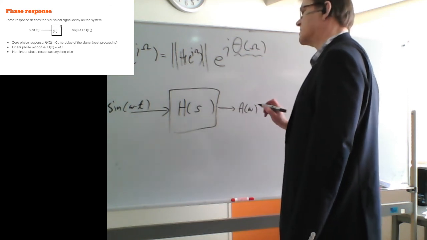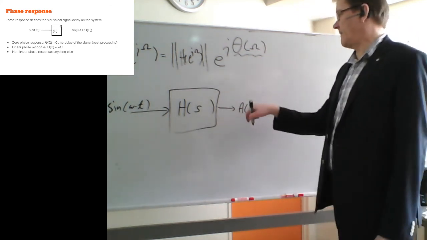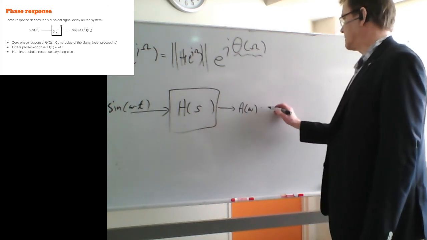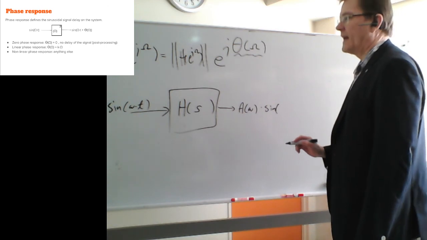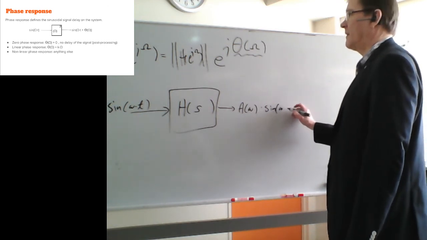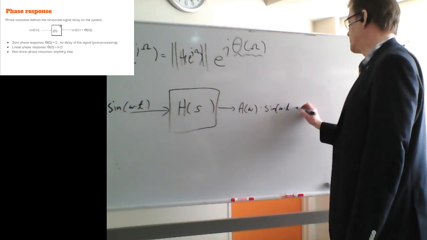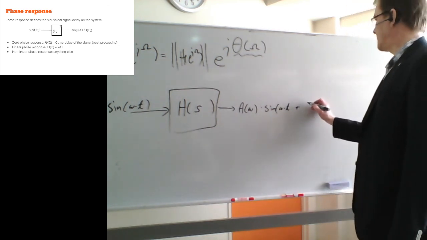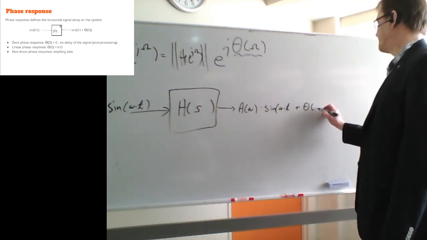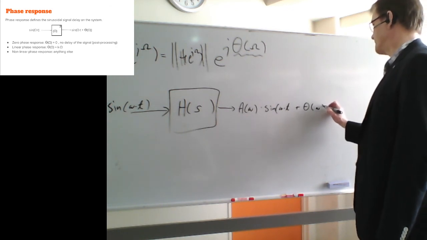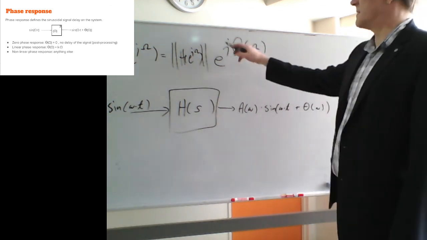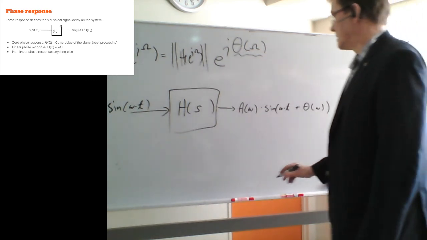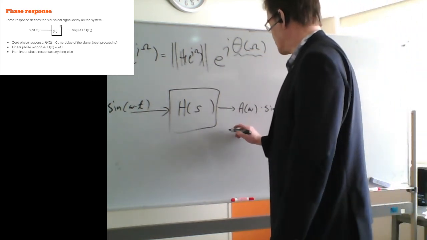What comes out is the amplitude response, meaning the gain at that frequency, and then you have the sinusoid with phase shift. All right, same thing in digital and same thing in analog systems. So this actually is the phase shift of the signal. So if you are looking at this one on oscilloscope,